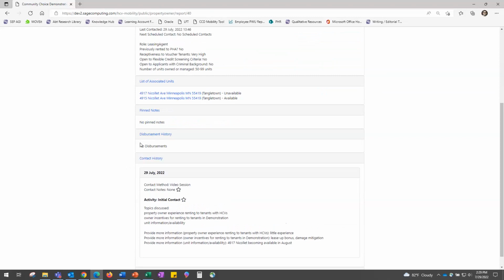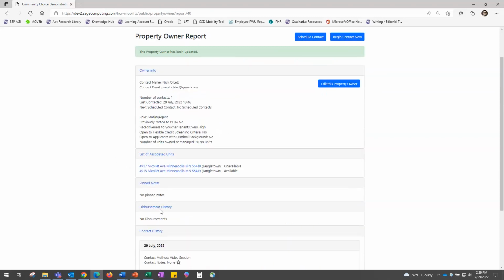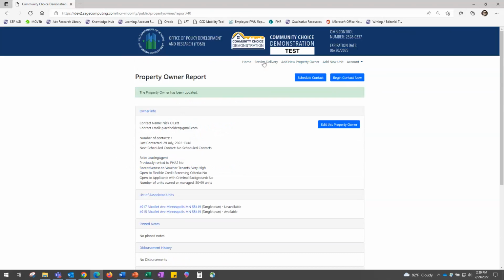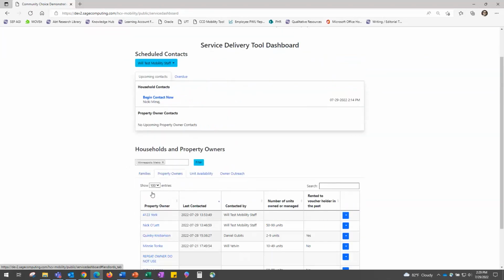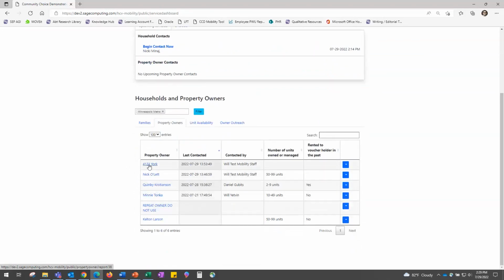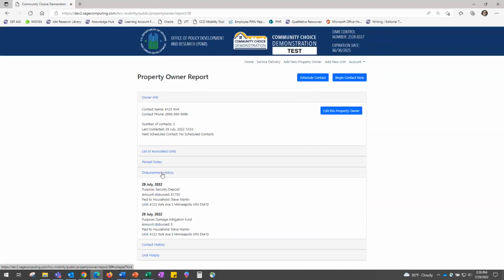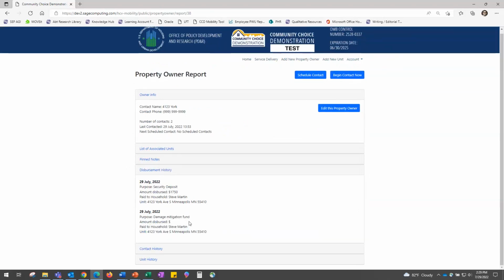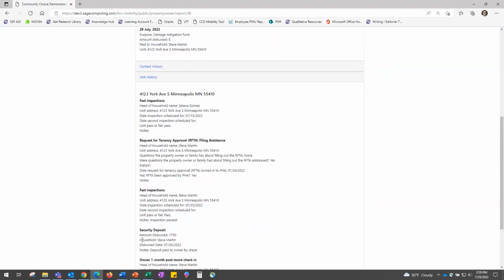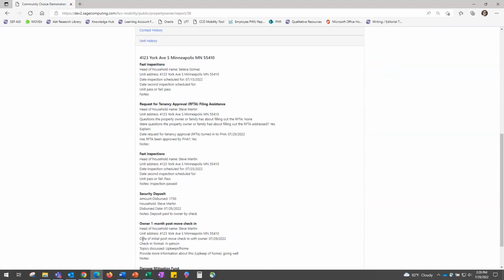Disbursement history. If they made any disbursements, I think we didn't do it for Nicolette, but we did for, I think, 4123 York. Yeah, we have the security deposit damage mitigation fund. So that's there. And then unit history shows all of the